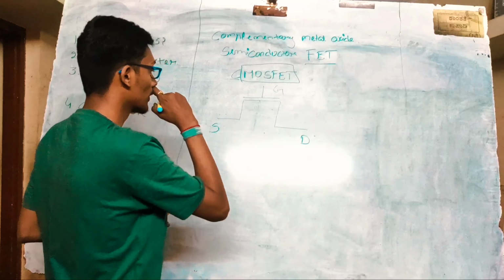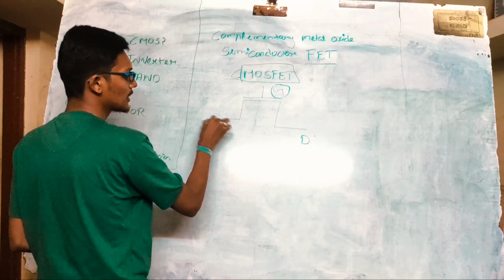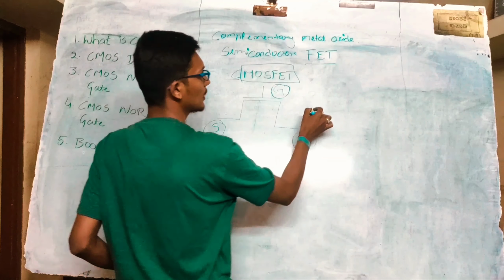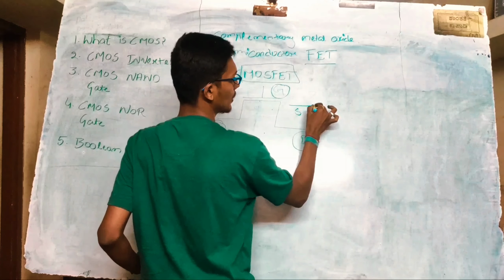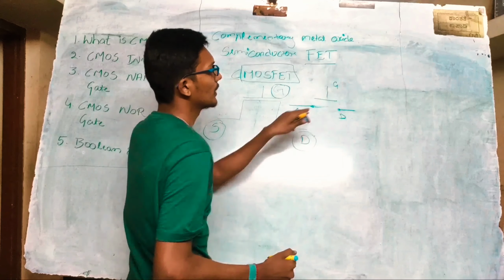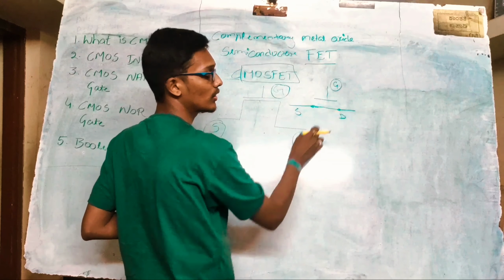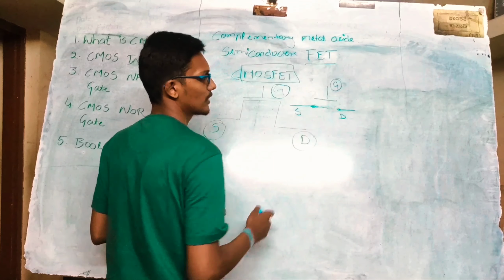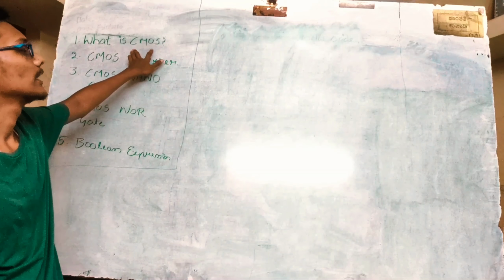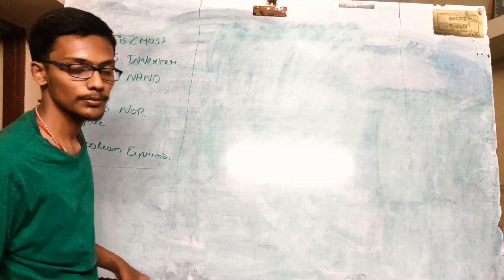The working of the transistor is that when a sufficient gate voltage is applied, the input which is given at the source will be found at the drain. So basically this works as a switch. This is my source terminal, this is my drain terminal, and here I will have my gate terminal. When the gate voltage is sufficient, this switch is closed. When the gate voltage is not sufficient, it is open. A MOSFET or a transistor acts as simple as a switch. We won't go into detail about CMOS, which would take us into another domain. I'll teach you the related part we'll be studying in this subject.